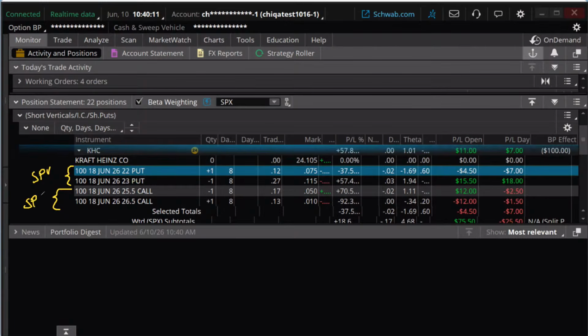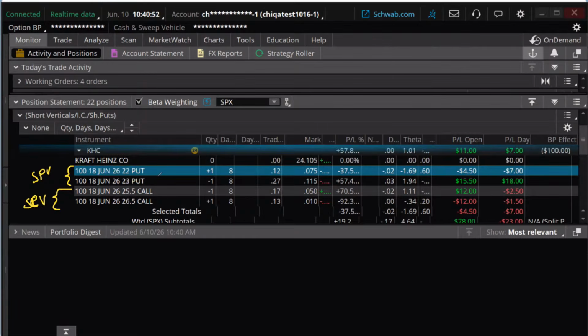Short put vertical, short call vertical. Our rules are going to be about the same on both. Sorry, I put short put vertical twice. That's supposed to be a call. We're going to manage the iron condor as two separate trades. We may have entered it as one big trade, an iron condor, but we're going to manage it as two separate trades. However, in this case, the exit rule of about a week to go, we're going to get out, applies to both. So we'll look to get out of both on those.